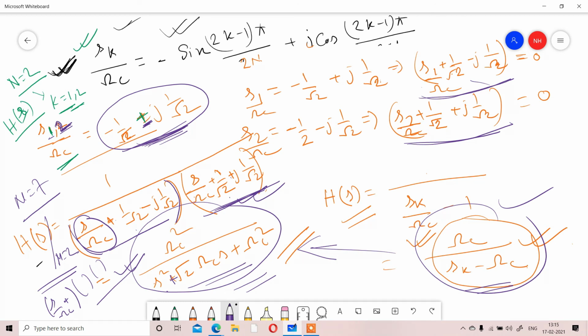We have to keep in mind that whenever we design the Butterworth filter, we will consider the minimum transfer function or the minimum order of the filter, so that the transfer function satisfies our result. Means if we can solve the problem by considering n equal to 2, we don't need to consider n equal to 4. Clear? In that way you can calculate the Butterworth filter transfer function by considering different orders. Clear?